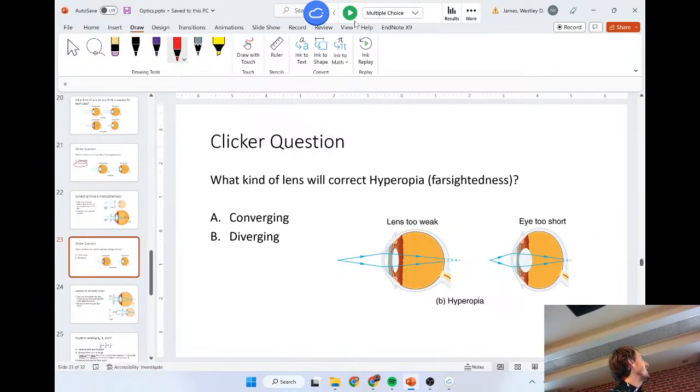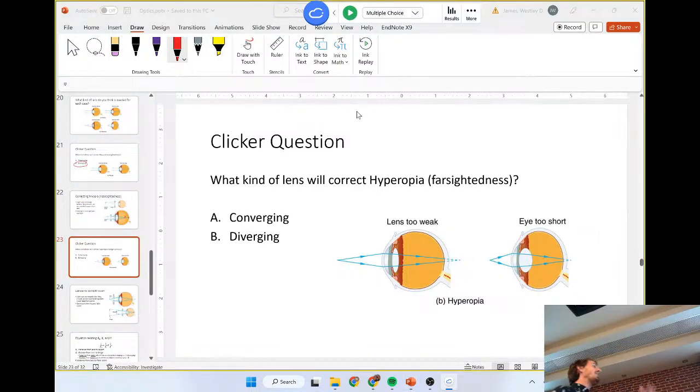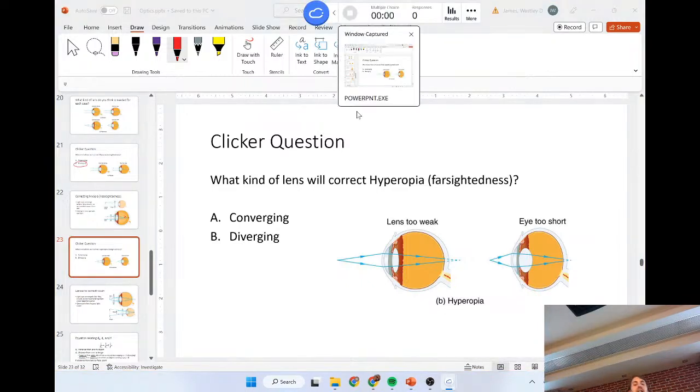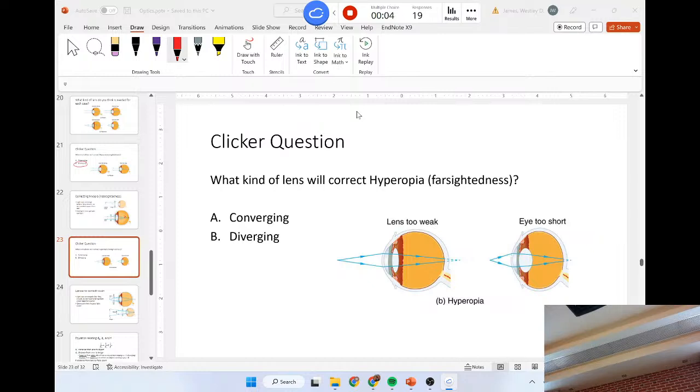All right. If the light is converging after the back of your eye, what kind of lens will we use instead? So, as all of us, hopefully, God willing, get older and our eyes start to crap out,